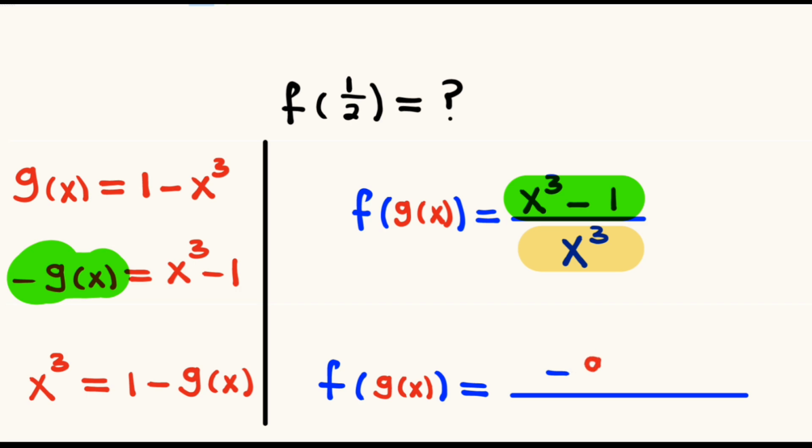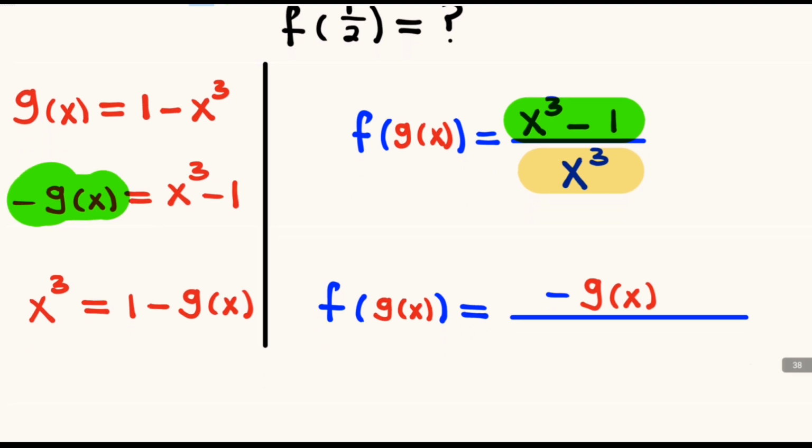So negative g of x will be divided by the x cubed, but in the place of the x cubed we substitute 1 minus g of x since it's equals to the x cubed. So we have 1 minus g of x,